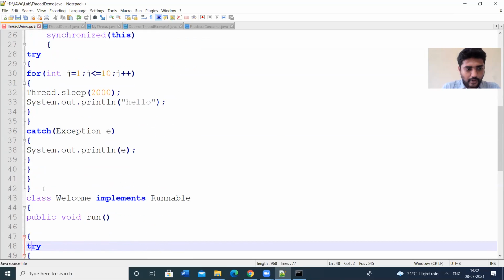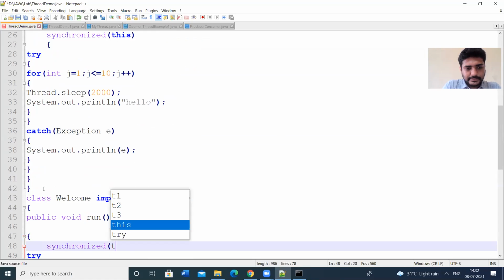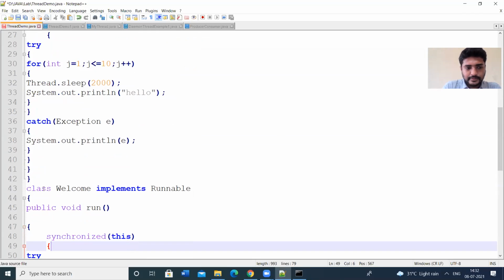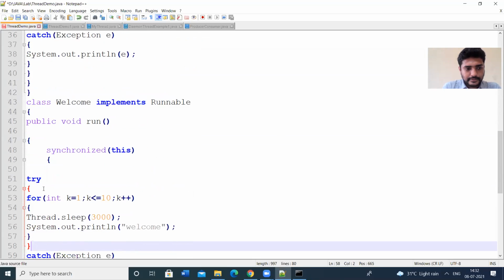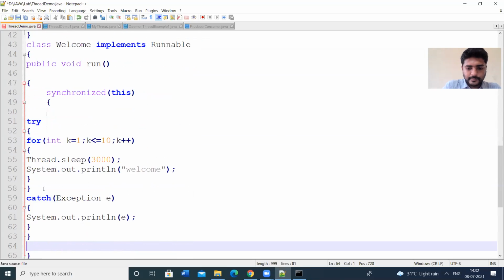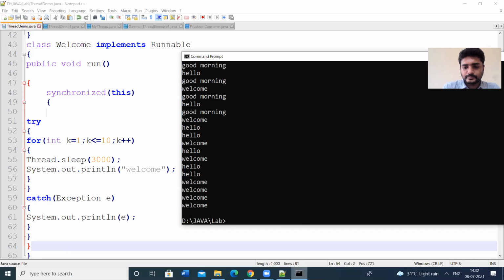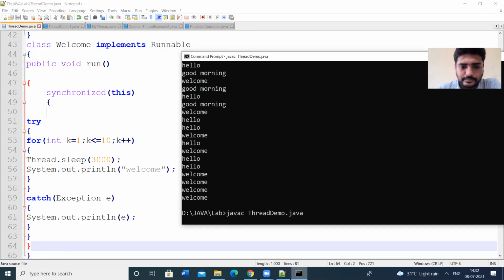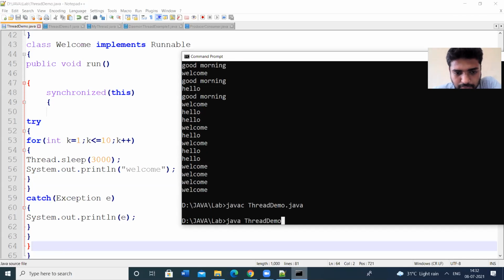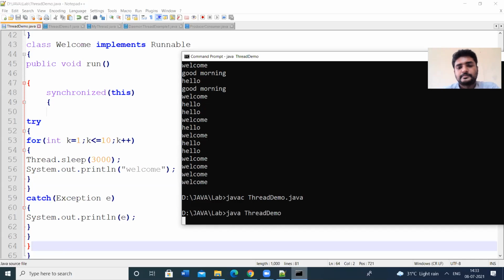Let us make this block also synchronized. Synchronized this, try catch block. So let us run again. So no errors.